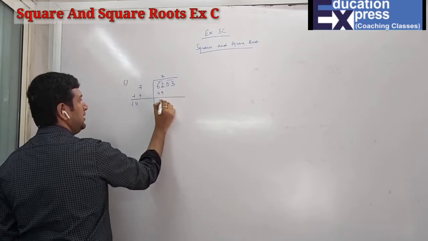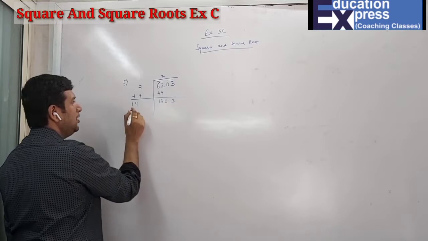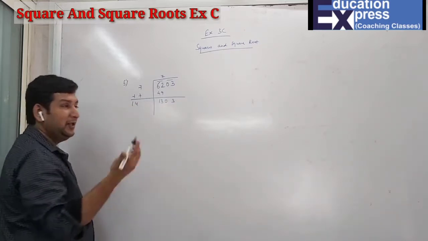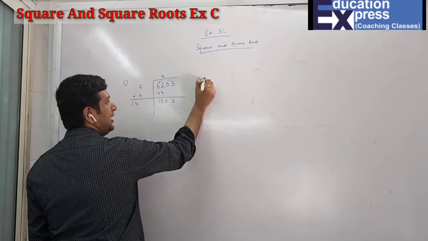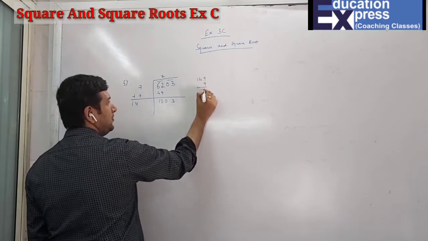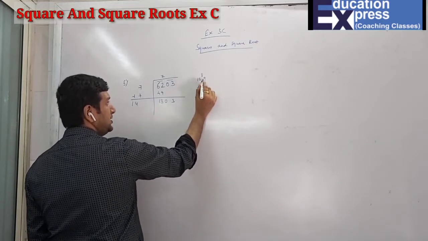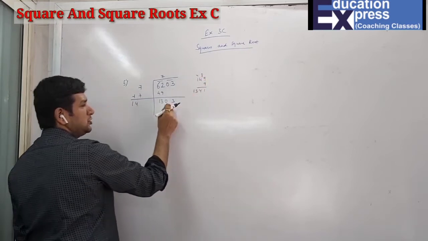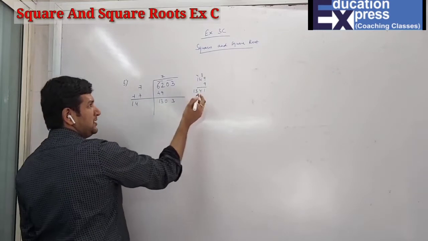And this will be 1303. Now 14, how much, sir? 14 times 10 is 140, not possible. The 14 9s I can try. 14 9s: 9 into 9 is 81, 9 4s are 36, 9 1s are 9, and 1 3. That also is obviously bigger than 1303. That means that also is not possible.